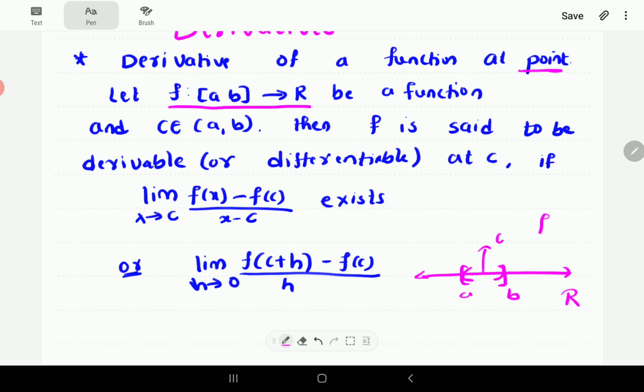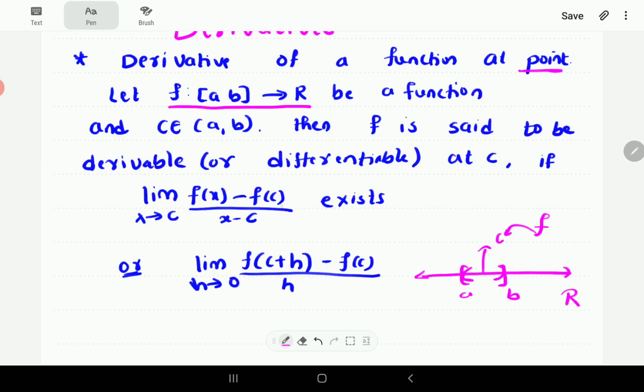Then our function f is said to be derivable at this point when the limit of f at a point x and the given function f at the point c